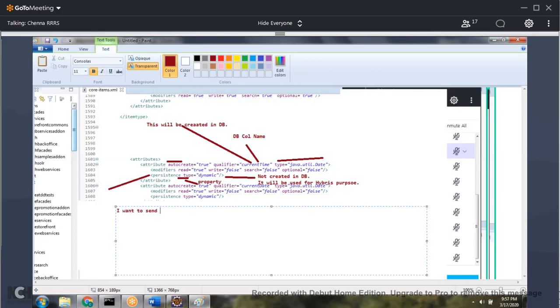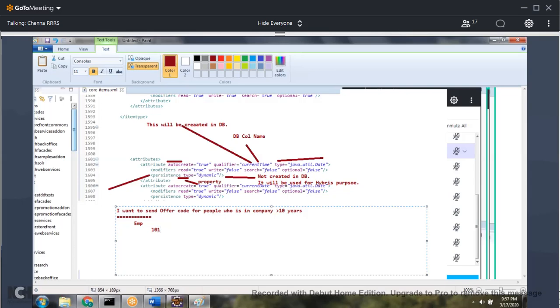I want to send an offer code for people who have been in the company more than 10 years. Let's say there is an employee table.